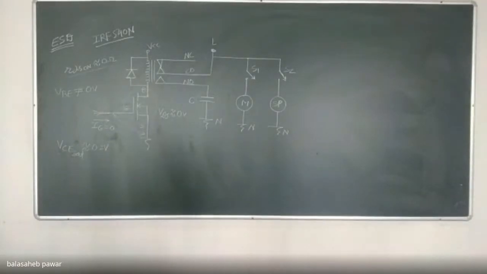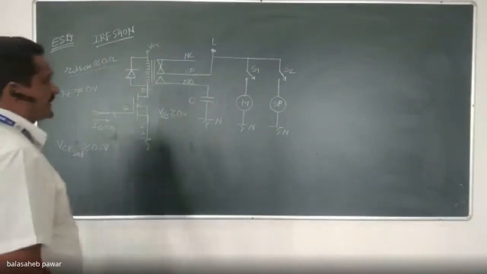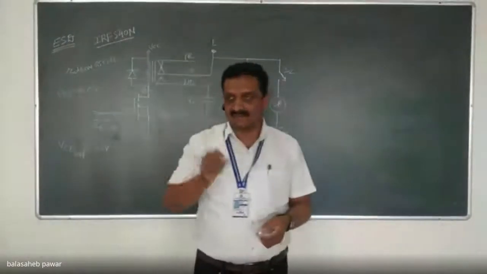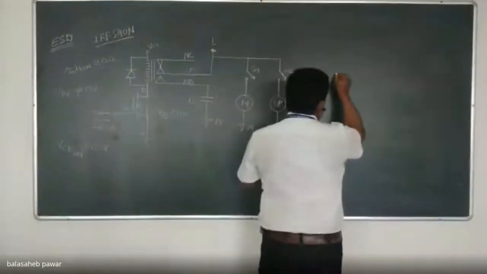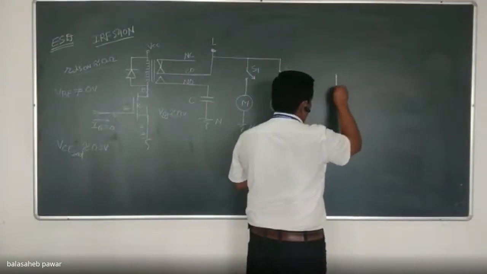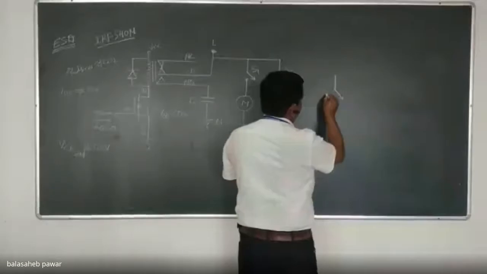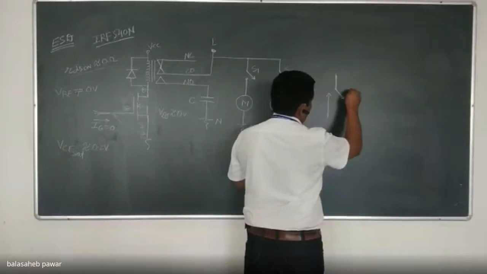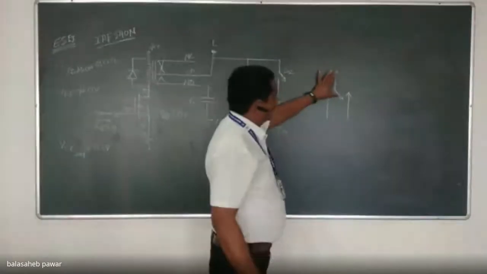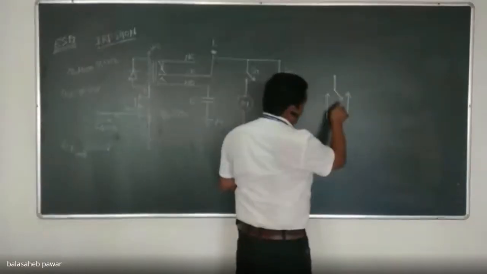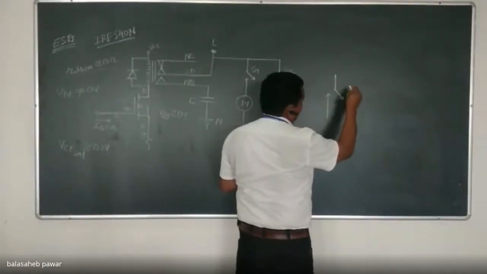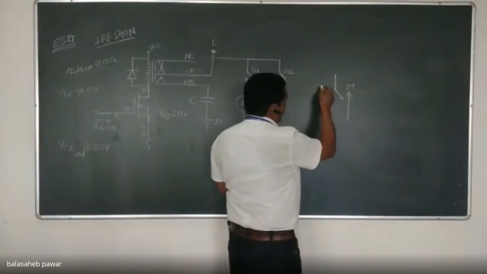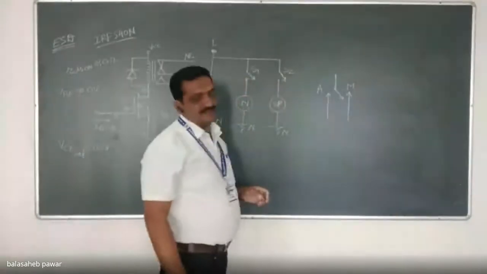Okay. So you might have seen a switch like single pole double throw. Manually we have to shift it. Such a type of symbol you might be familiar with. This is known as single pole and double throw, right? Suppose if this switch is shifted over here, then we can say it will operate in manual mode, and if it gets shifted over here, then it will operate in auto mode.